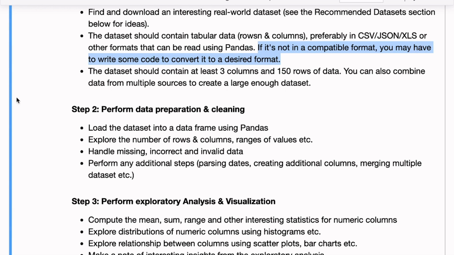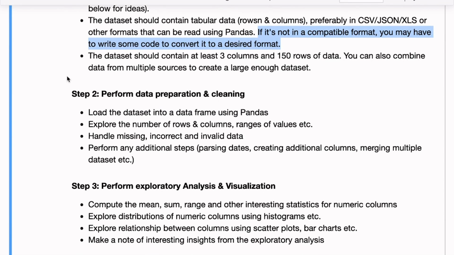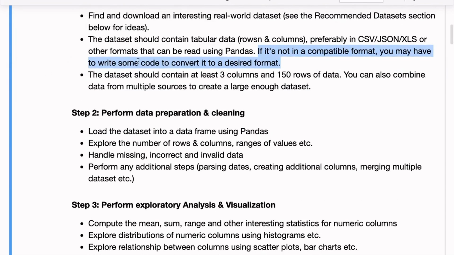One thing that you can also do, and this will be great because it will really enhance your skills and your experience, is to combine data from multiple sources. That will let you create something really unique, and you've learned how to combine data using the merge function in Pandas. So just keep that in mind. Those are some guidelines for picking the right data set, and we'll show you some examples.